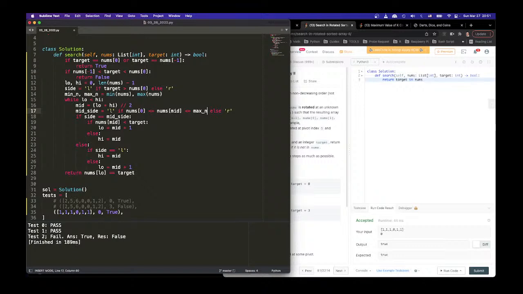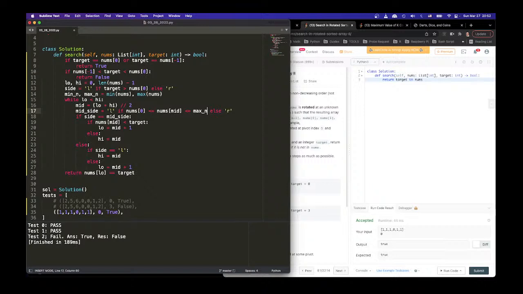So we got a middle, right? And then we do target compared to the middle. The middle could be on the left, could be on the right. Let's say we don't know for sure where it belongs to. And then we find out the target. If the target is equal to the mid, then we're done, right? If target is larger than the mid,